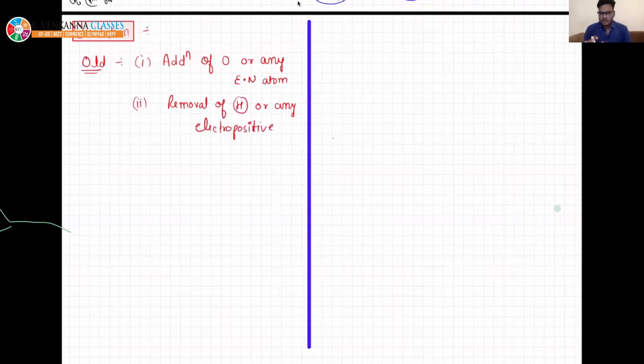Generally metals are electropositive and non-metals are electronegative. This is just us developing our understanding. All metals are electropositive elements, and generally non-metals are more electronegative, right? This is old, we have already studied. The new concept,